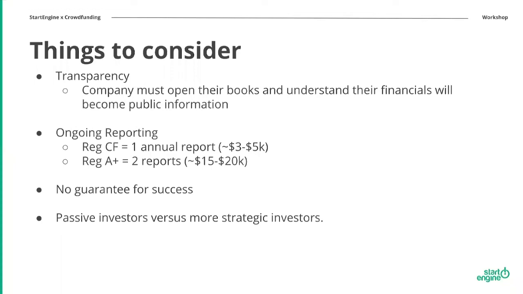You need to file a Form C-AR within 120 days of your fiscal year end. StartEngine provides support on that, where we give you a template. You fill that out, you give it back to us, and we file that with the SEC. So in terms of getting those financials prepared, that's normally about $3 to $5K as well. On the Reg A side of things, there is an annual and semi-annual report. So there's two different reports, generally costing about 15 to 20K per. So as you can see, the Reg A side is for these bigger companies, with higher ongoing costs, higher upfront costs, and everything like that.